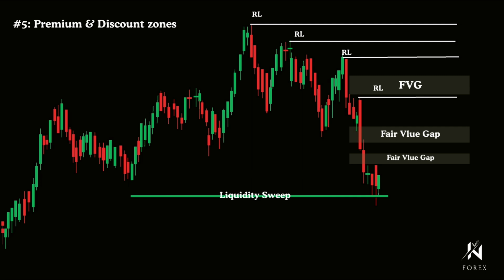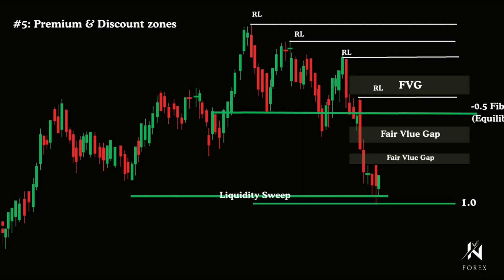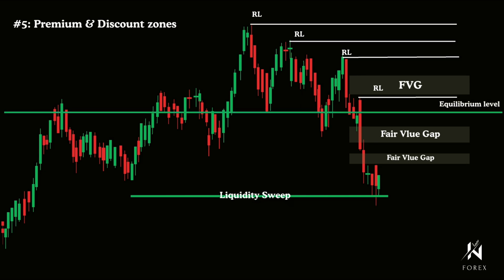As you can see, we have a clear bearish impulsive move. To draw the premium and discount zones, we apply the Fibonacci tool from the high of this move to its lowest point. Then, we draw a line at the 50% level of the Fibonacci range to establish our equilibrium. The zone below this equilibrium line is referred to as the discount zone, and the area above it is known